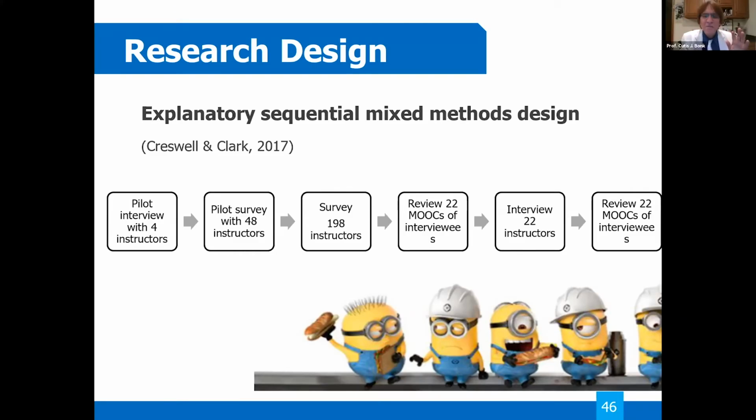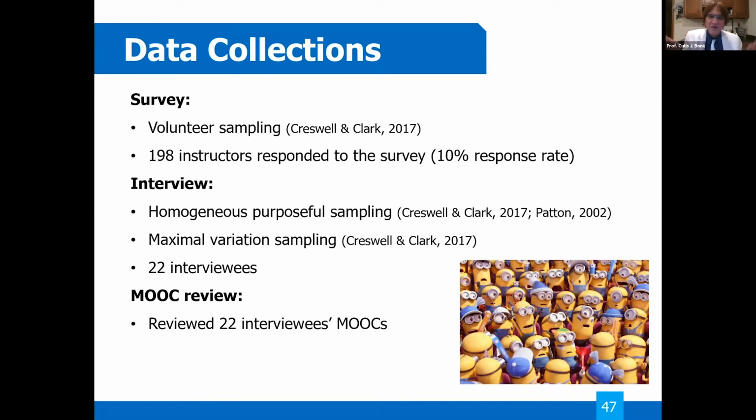And so one thing that Mena did is she interviewed those 4 and surveyed 48. That study's published, so you can take a look at that particular study. That's in the International Journal of Self-Directed Learning. And again, that's a free and open access journal. I'll send that to Sanjaya. In her first month at Wayne State, Mena had 6 different things getting published or ready to be published. Yeah, I really appreciate Dr. Brown's support on that. So as we mentioned, we used a survey to collect the quantitative data, and interviews and MOOC review.